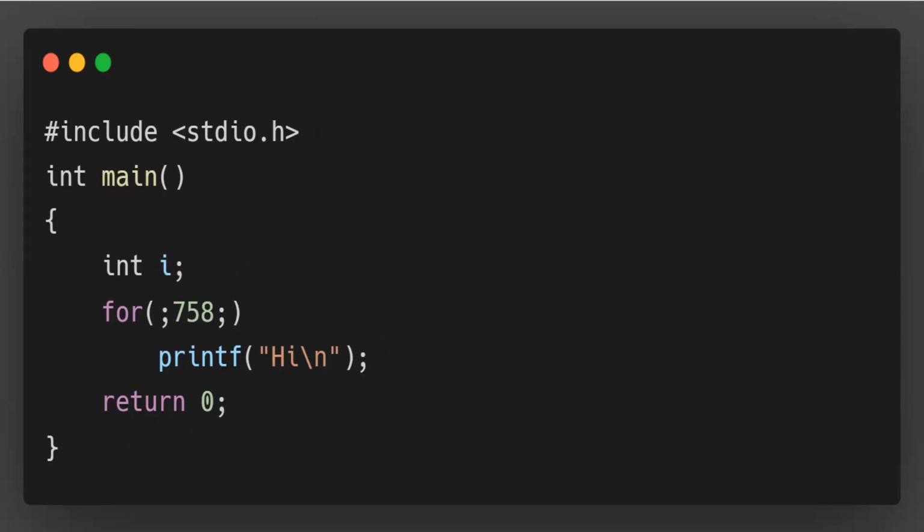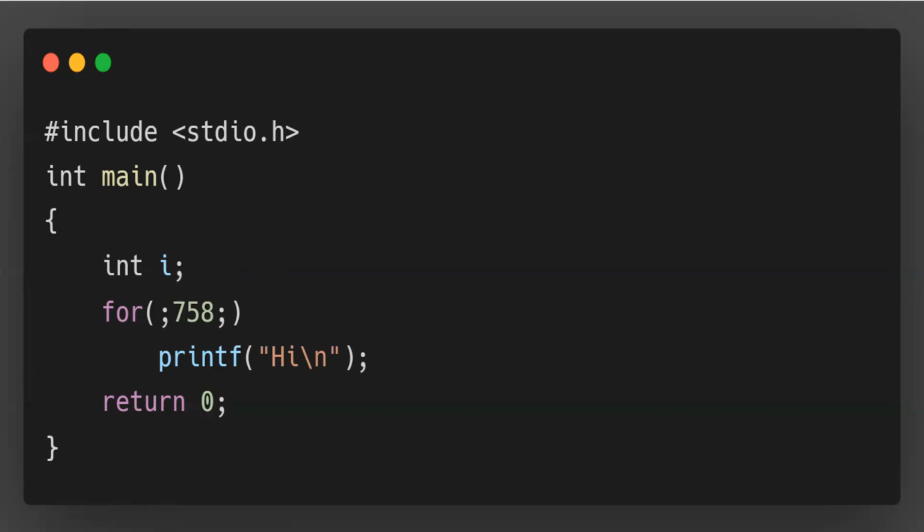Now, look at this one here. Here, I'm using a for loop. Again, for a for loop, you know the 3 parts of the for loop: initialization, condition testing, iteration. And each and every part is separated by a semicolon here. Now, in the place of condition, again, I am giving a non-zero value.